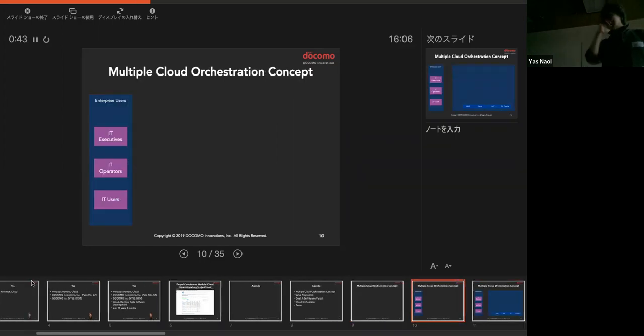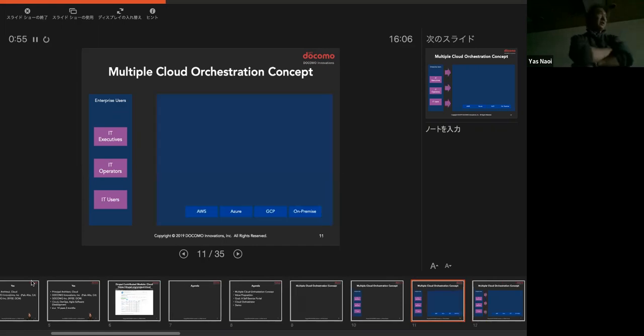So basically, we think that in the enterprise and cloud, we have stakeholders like IT executives, IT operators, and IT users. In Docomo, where I'm working, the company is using AWS for almost maybe more than 90%, and Azure and GCP a little bit.